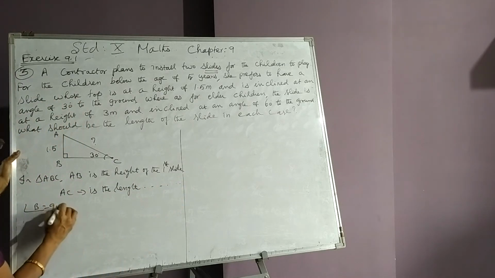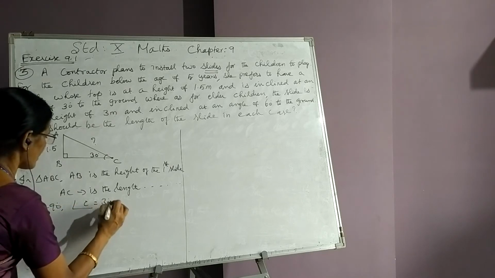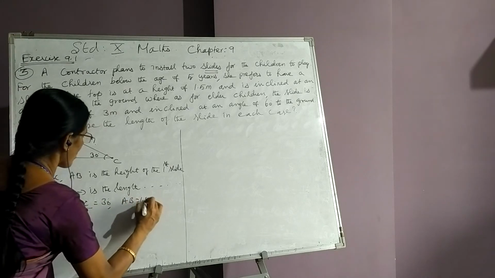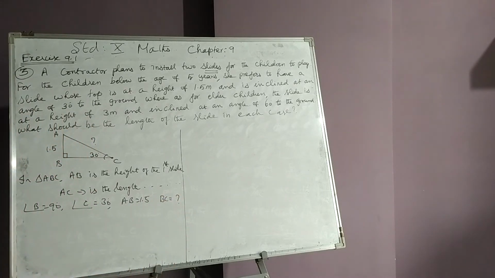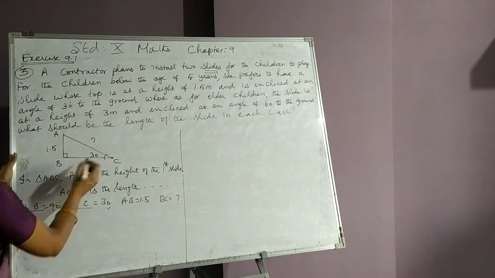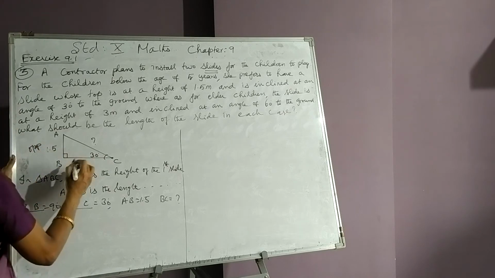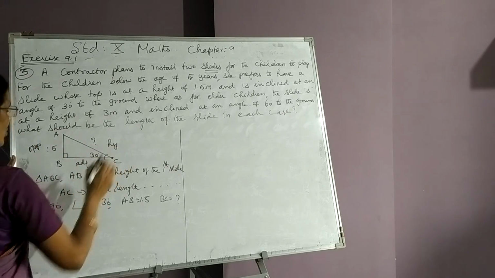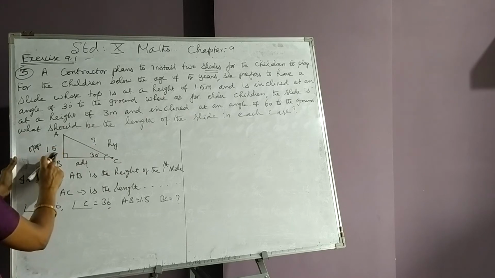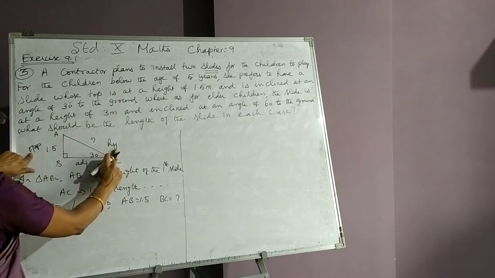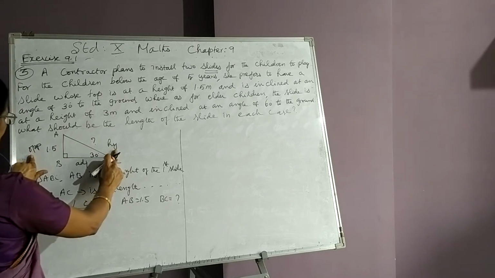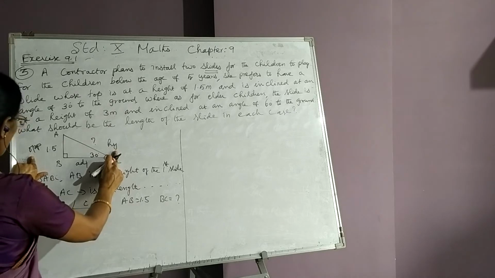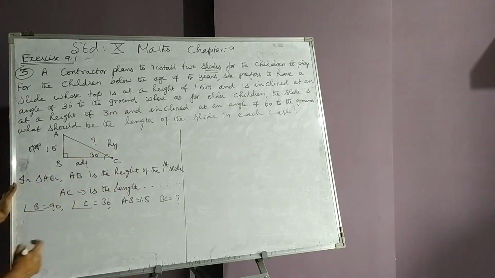Length of the first slide. Angle B is 90 degree. Angle C is 30 degree. AB is 1.5. We are asked to find out AC. Okay. So this angle is given. This becomes opposite side. This is adjacent and this is hypotenuse. Opposite is given as 1.5, hypotenuse is asked, therefore we relate opposite and hypotenuse. Among the 6 ratios, the ratio which relates opposite and hypotenuse is sine or cosec. Let us take the sine ratio here.